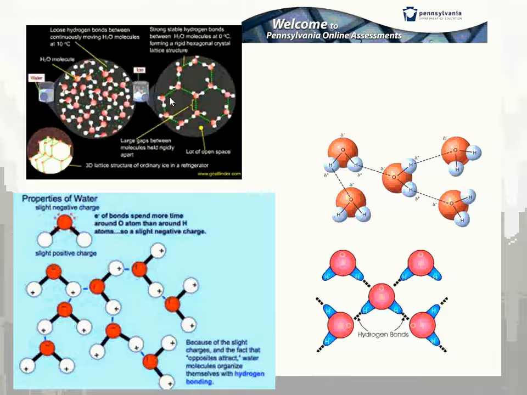And the reason that happens is when ice freezes, it spaces out to maximize the number of hydrogen bonds. So here you might get 1 or 2 hydrogen bonds. Here we are getting that maximum number of hydrogen bonds occurring between water molecules. So what happens is they space out to get that perfect arrangement, and then when they're spaced out, they're less